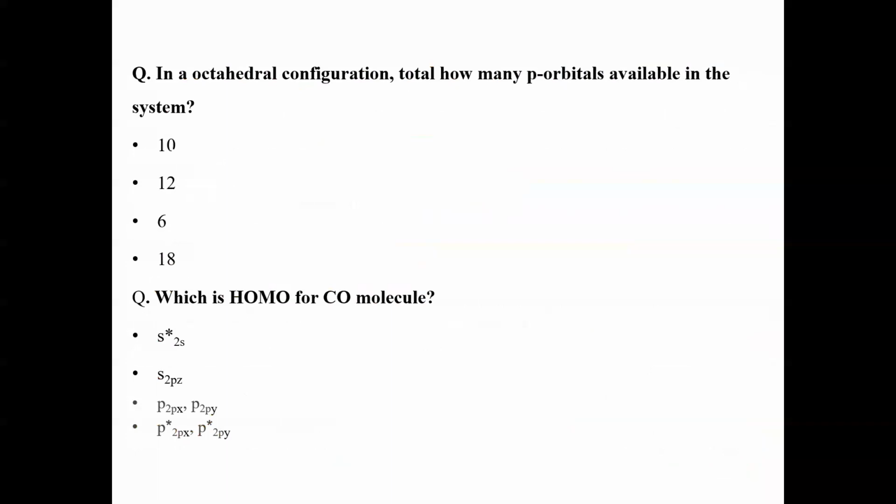So the next one: in an octahedral configuration, how many p orbitals in total are available in the system? I think you have already discussed. Okay, so just choose the answer and please tell me, because there are 18 orbitals total. And if I talk about p orbitals, you just,